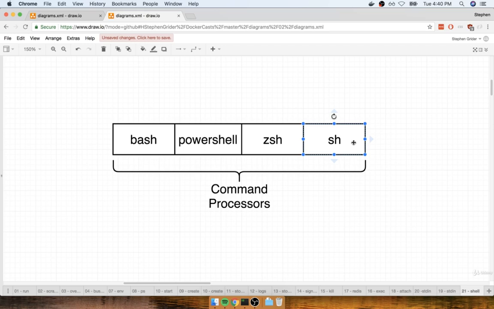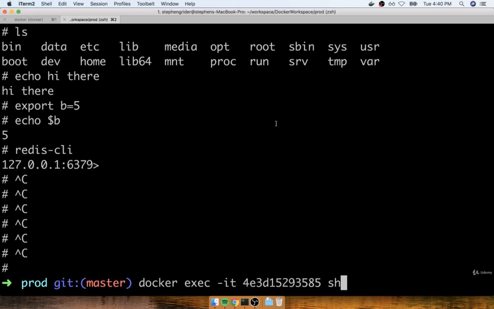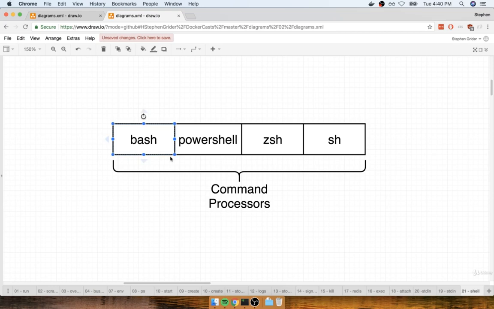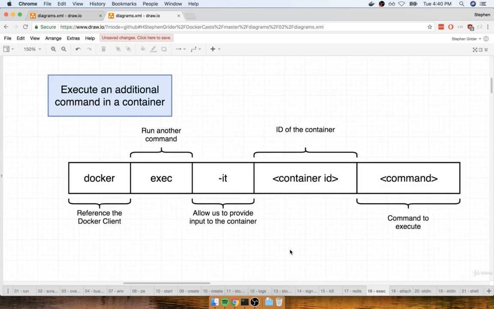Traditionally, a lot of the different containers that you're going to be working with are probably going to have the sh program already included. Some more complete versions of containers or images are going to also have the bash command processor as well. So in some cases, you can make use of bash directly. In the vast majority of cases, you're probably going to be able to run sh inside there to start up a command prompt and type in some commands. Okay, so again, I think that you're probably going to be using docker exec -it with sh as the command very, very often when you start doing your own Docker development.